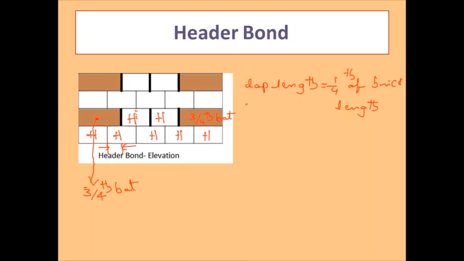Okay, then using this bond, the thickness of the wall will be, okay, so you are arranging headers here. When you arrange the headers, if you see the thickness of the wall, how much it will be? 19 centimeters. That is the one brick wall. And using this bond, you can construct only the one brick wall, and you cannot construct the walls of 1.5 brick wall, 2 brick wall, 2.5 brick wall. These are not possible to construct. That's why again this bond is not useful for the construction of load bearing walls, but it is mainly used for the construction of the external walls.